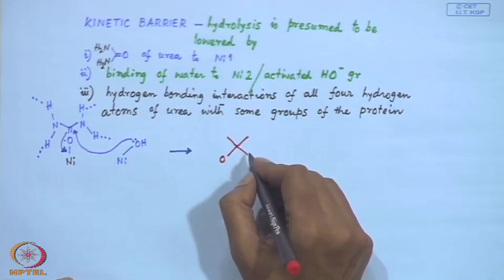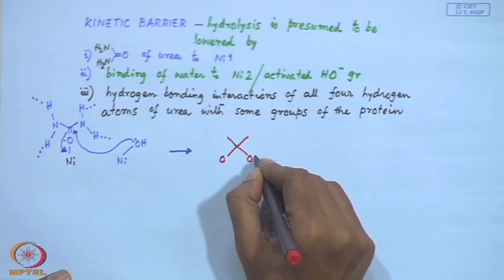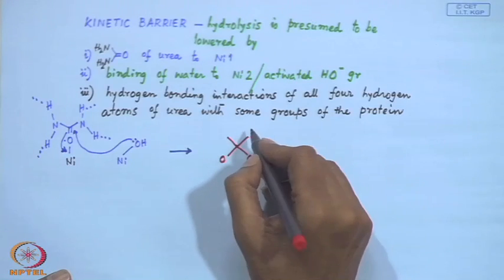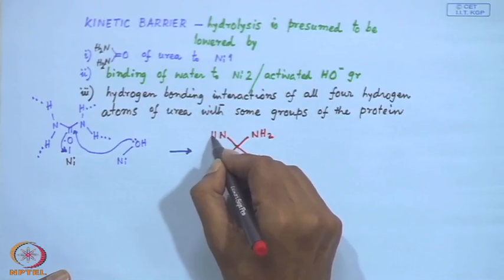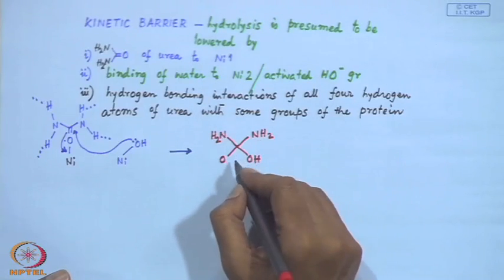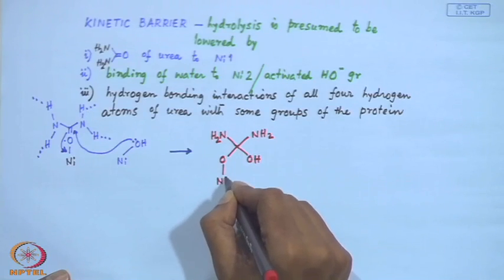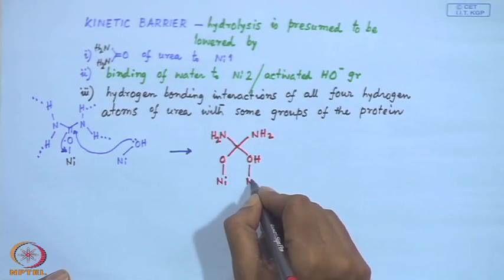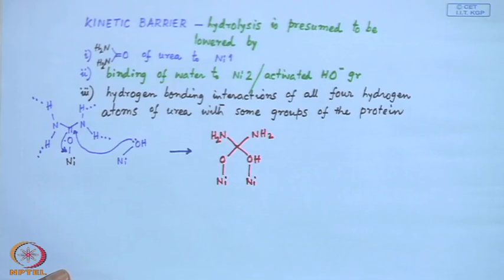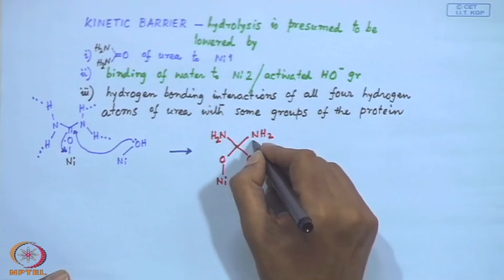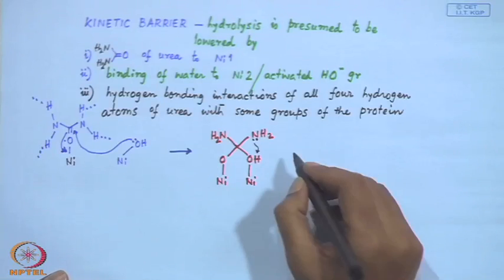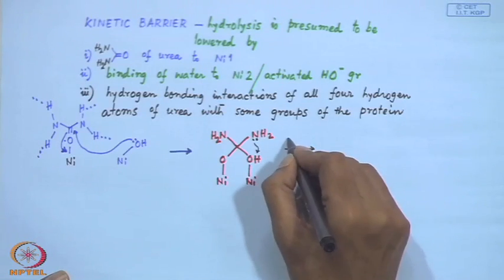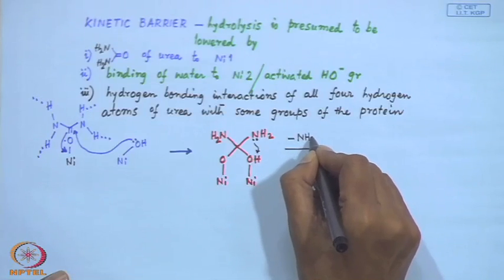So, we have O, and this is the attacked OH, this one bound to the first nickel, and this one already bound to the second nickel, and these lone pairs are available. So, it can take up a proton, removing one ammonia molecule,